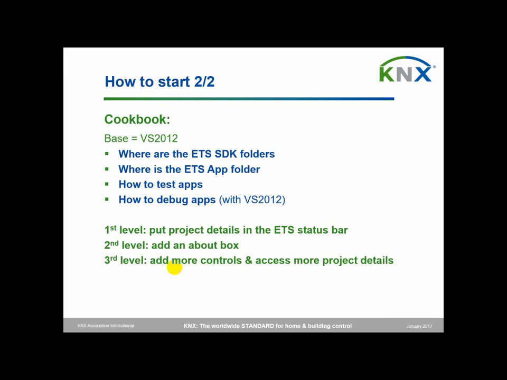Then the example that is made is actually built up in 3 levels. So first level is just a really simple thing, like we just put project details in the ETS status bar. In the second level, an about box was added for this app, and in the third level, some more controls and some project details are accessed. So yeah, very simple, straightforward example,